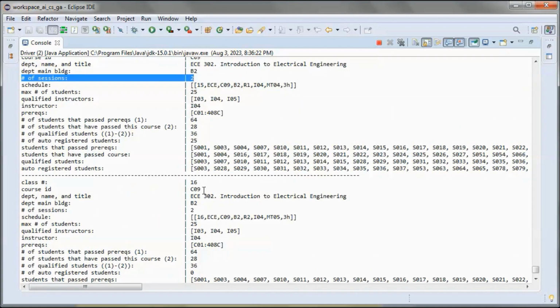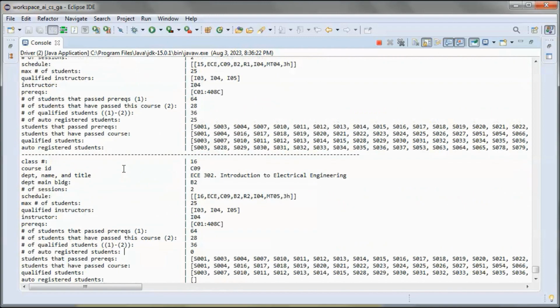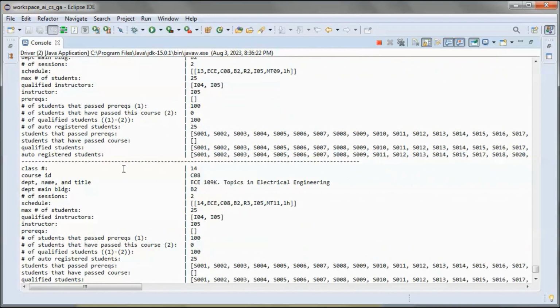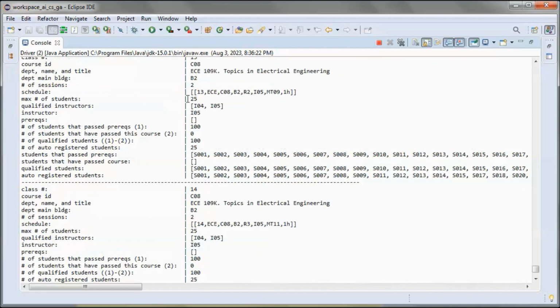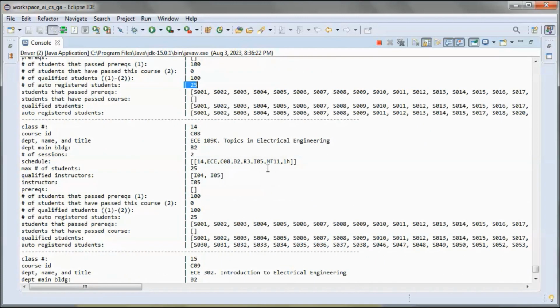So here we have 2 sessions, but here we have 25 scheduled, and we did not schedule any here for the second session. And here we have 2 sessions, and we scheduled 25 here and another 25 here.